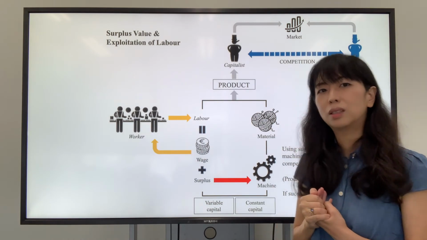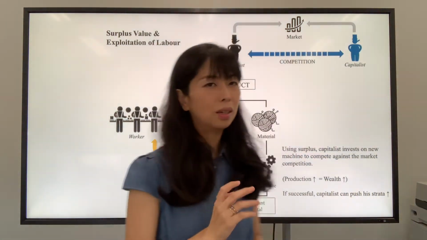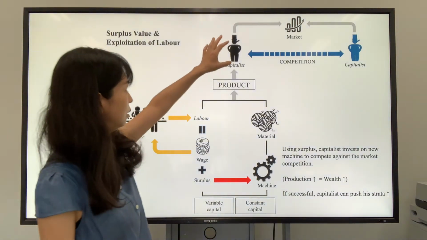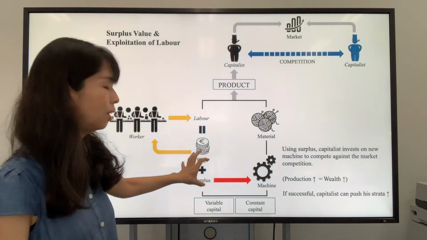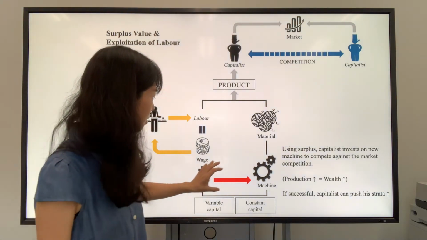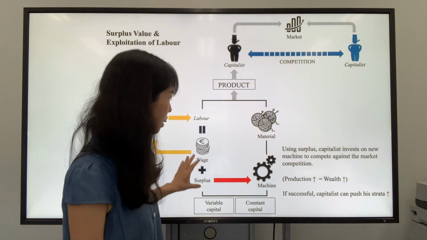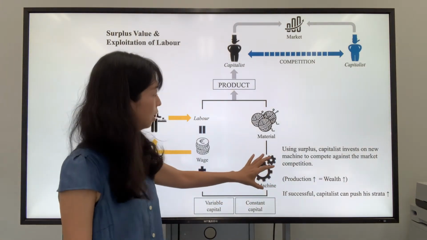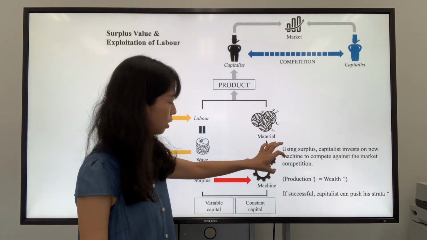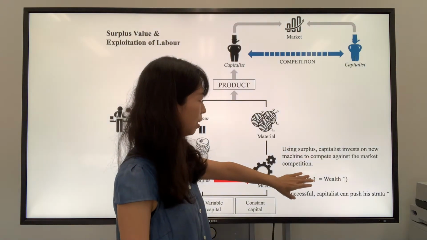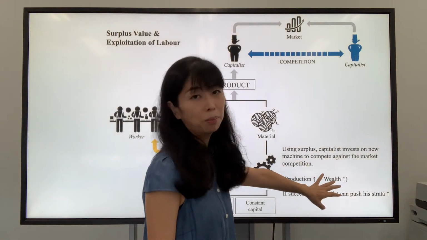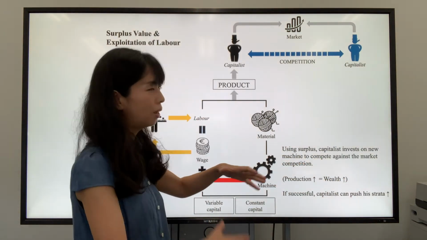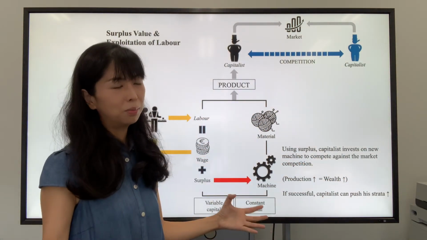So this is actually the main reason why the capitalist is exploiting labor, in order to gain this surplus value, and for him to upgrade himself on the machine. With this he's able to increase the production, and therefore his wealth will go up. So pushing his strata upwards might mean that he might have an even bigger